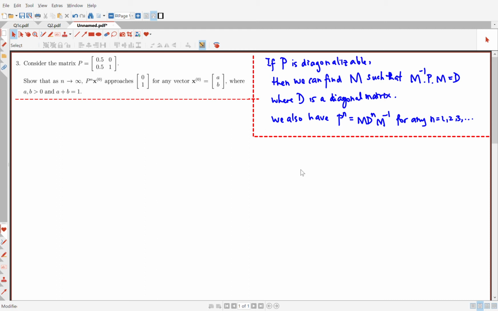Question 3. So we consider this matrix. Show that as n tends to infinity, P to the power of n x0 approaches (0, 1) for any vector (a, b), where the sum of a and b is equal to 1, with a and b positive numbers. Okay, so for this question,